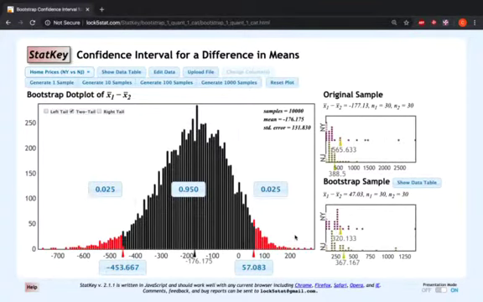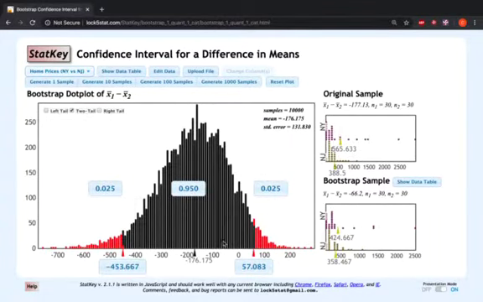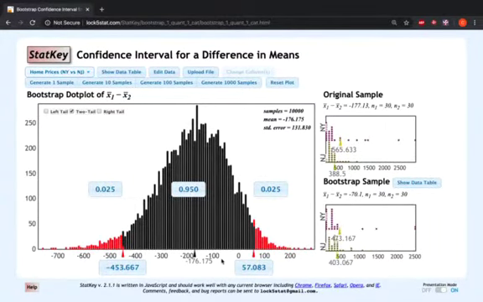It's less likely than New Jersey being more, but it is possible that New York is actually more expensive based on the sample data that we have. So we have our confidence interval here, and we're able to interpret it. We are 95% confident that the true difference in mean values will lie in this interval from negative